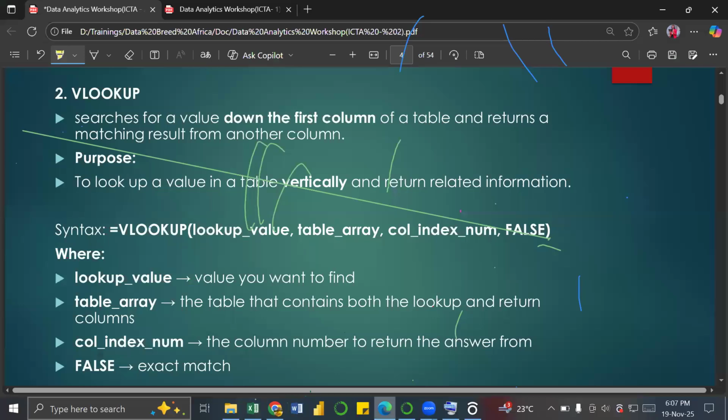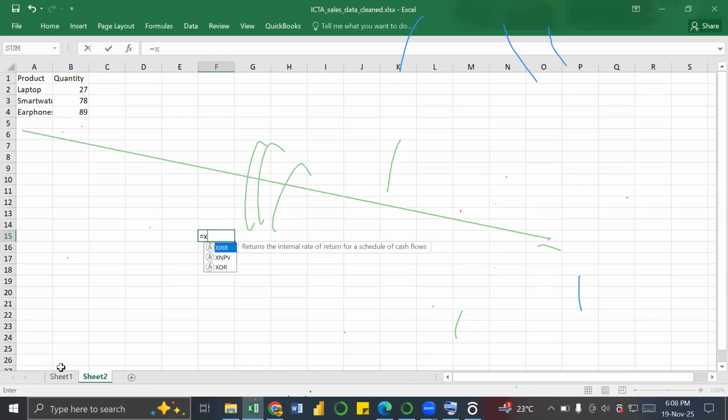So what is VLOOKUP? VLOOKUP searches for a value down the first column of a table and returns a matching result from another column. So this is to mean VLOOKUP deals with columns. So the purpose is to look up a value in a table vertically. That is why we have V for vertical lookup. In this data set of ours,